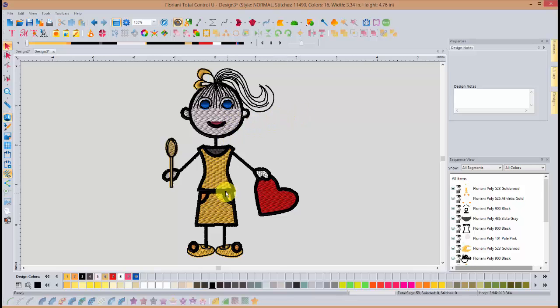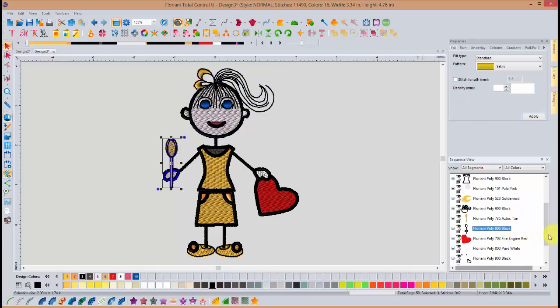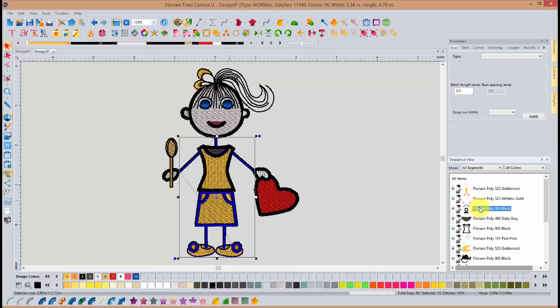For instance, I noticed that right here is the fill shape. Right here is the body, the black cover body of the dress top. Here's the hair and the outline of the spoon. This is the outline of the heart and the outline of the face. And I guess realistically, I'm thinking, could I make that so instead of having the machine stitch out this component and then come down and do the top stitching on there, what would happen if I bring that all the way to the bottom? So I'm going to go ahead and move to